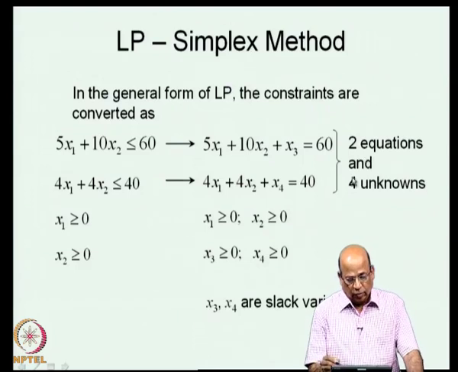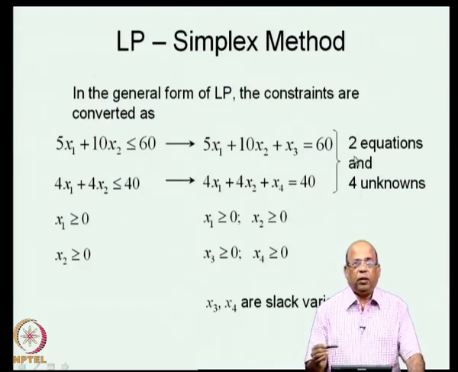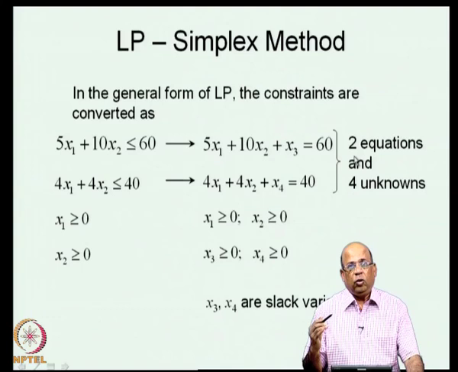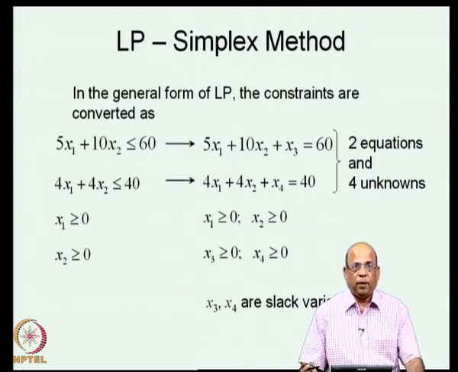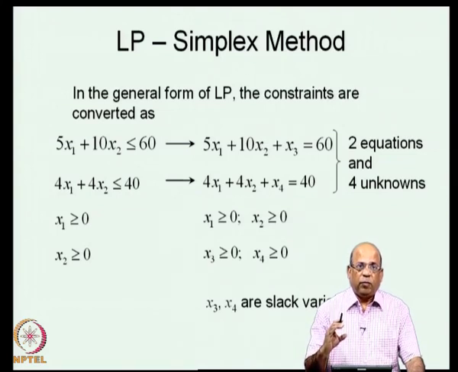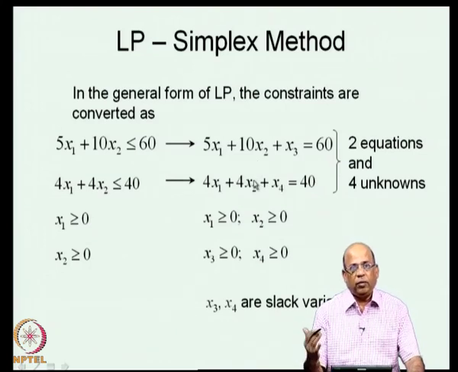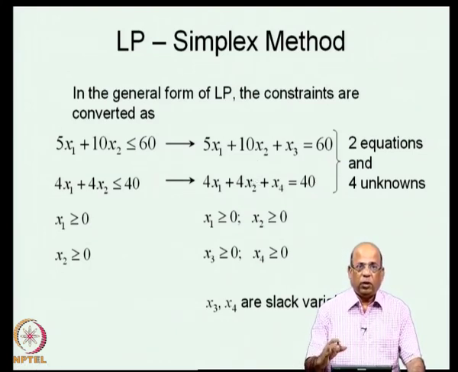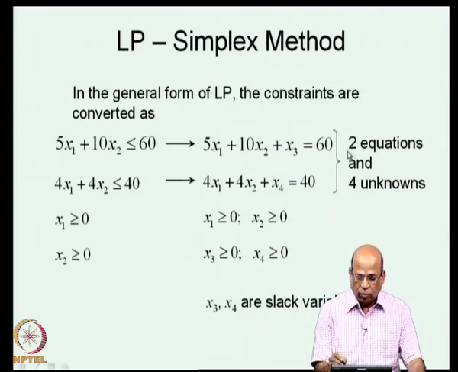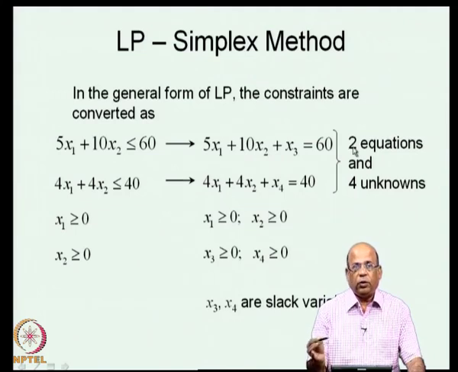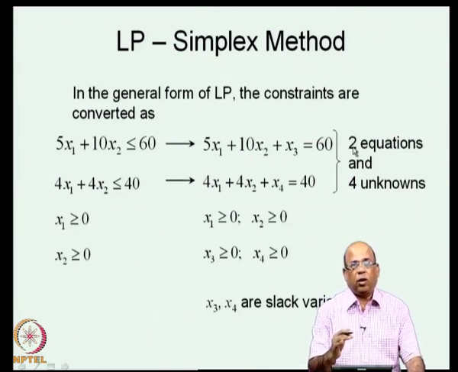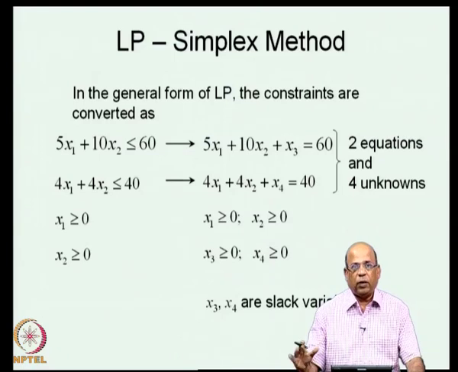Because we have more unknowns than the number of equations, that is, you have n number of variables and m number of equations, what we can do is obtain the solution for m number of variables, that is 2 variables, in terms of the remaining n minus m variables. So, in this case, we can obtain the solution for 2 variables in terms of the other 4 minus 2, which is equal to 2 variables. Let us say you can obtain x 1 and x 2 in terms of x 3 and x 4.